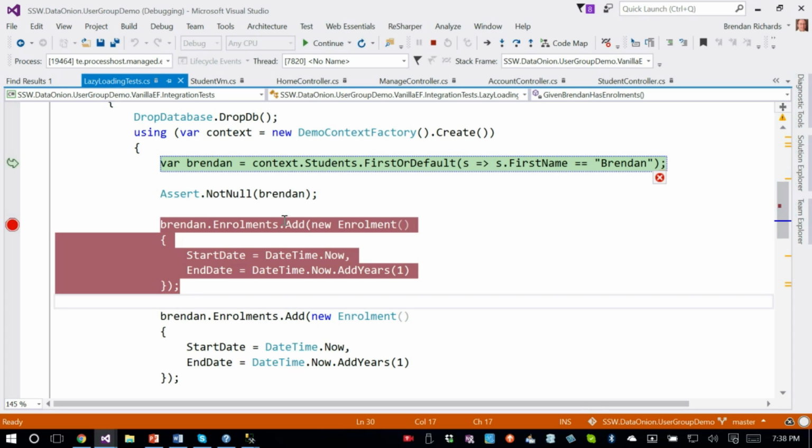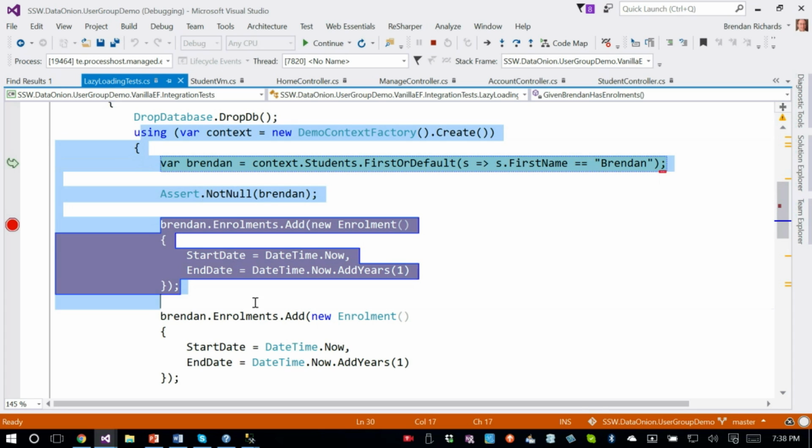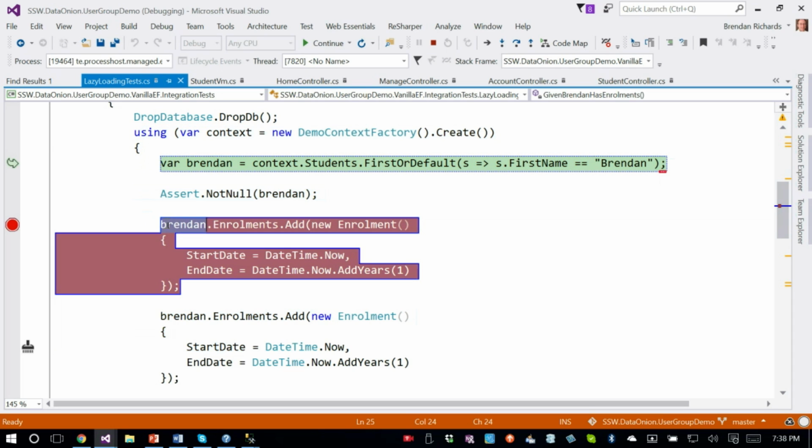Also, if you close this context before you finish working with this object, then attempting to go from this object to enrollments will crash, because in order to fulfill that lazy loaded object, that context that it came from needs to still be open. So lazy loading is a feature that's got some controversy because it's had n+1 problems. It can fail, or it causes you to fire more queries than necessarily need to. But also, I find it quite useful.